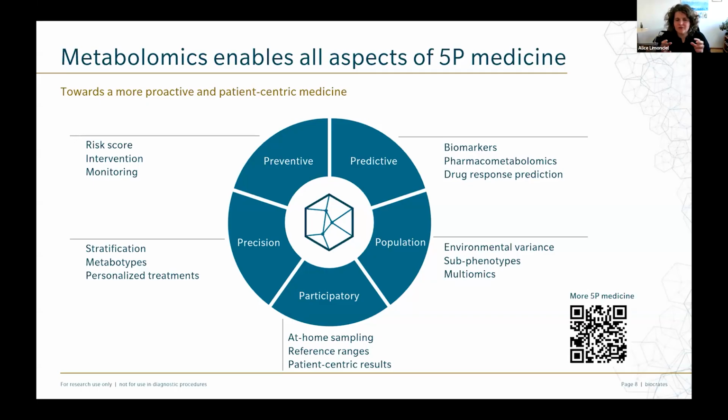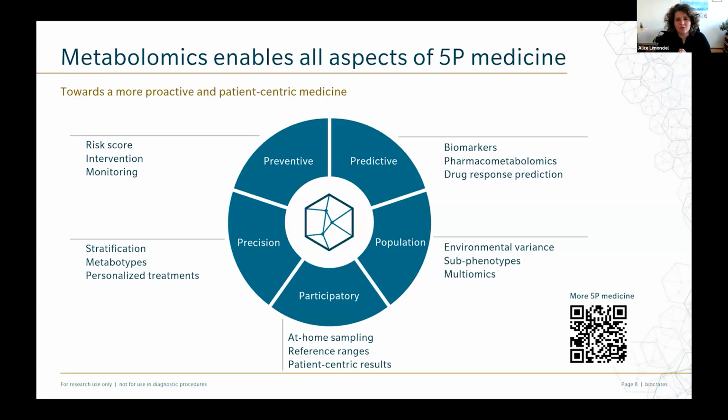Often these are signatures of several metabolites or several features together that form a biomarker signature. For example, for drug response prediction. So here we want to predict who is going to respond to a certain therapy, or which is going to be the best therapy to give to a specific person, which is very close to precision medicine, the third P,